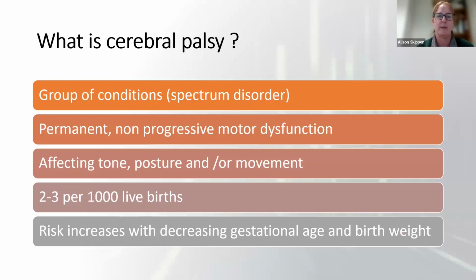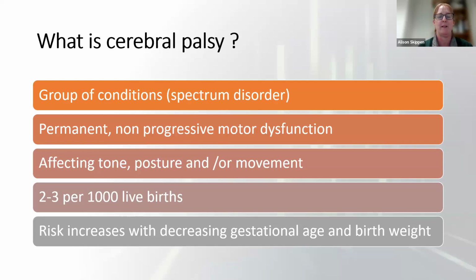So what is cerebral palsy? It's actually an umbrella term because it covers a group of conditions. So it's like a spectrum disorder. You can have lots of underlying disorders that will then lead to that overall term of cerebral palsy. But essentially it's a permanent non-progressive motor dysfunction. And usually that permanent episode of